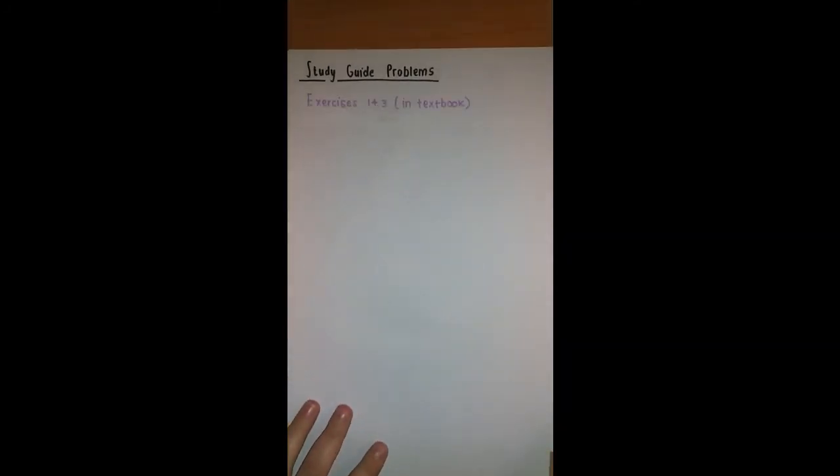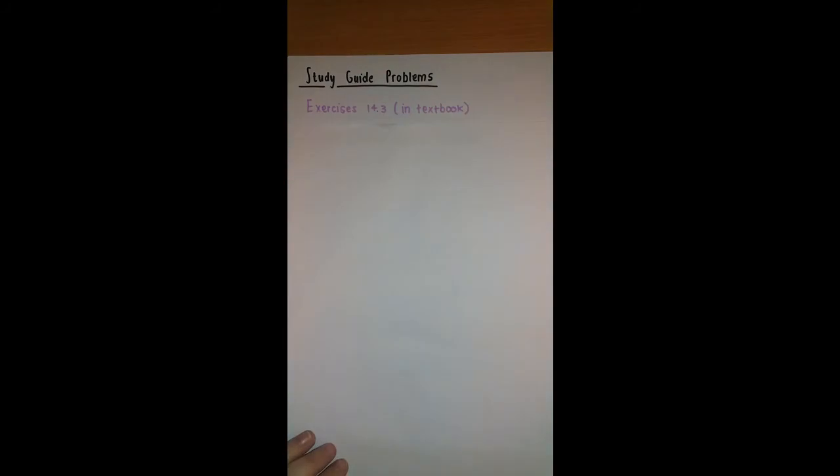So let's do some study guide problems. For the study guide problems, I would like you to go to exercises 14.3 in the textbook. Question 10, you'll see a contour map in the textbook, and it would be favorable if you could look